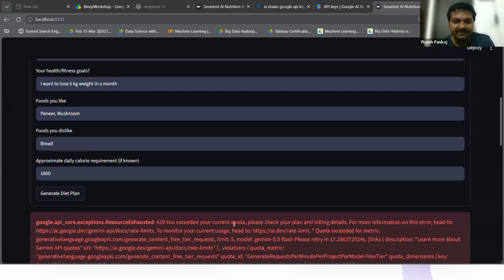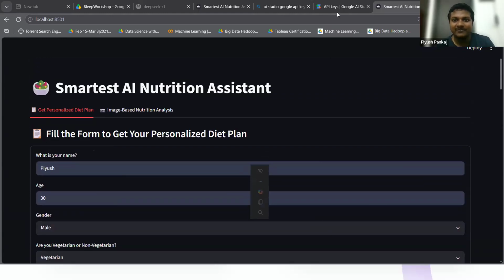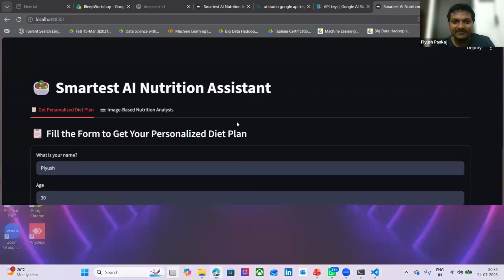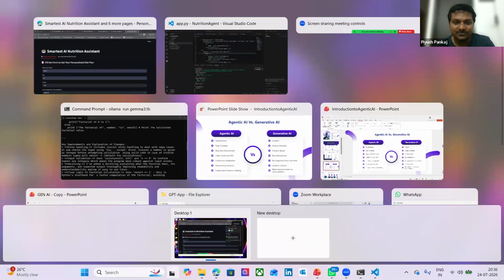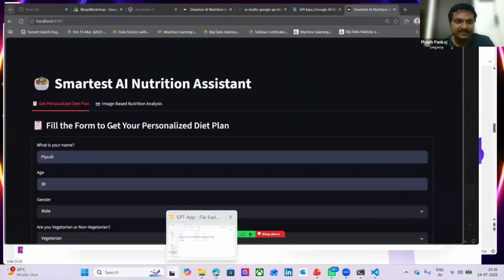Okay, it is saying I have exceeded my current quota, so I need to pay a small amount. Let me check if I am having some other project that I can show you. Just a second, guys.